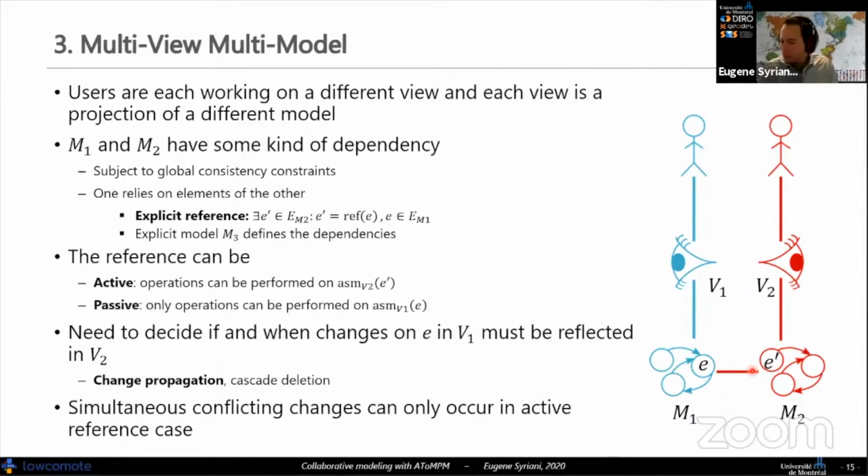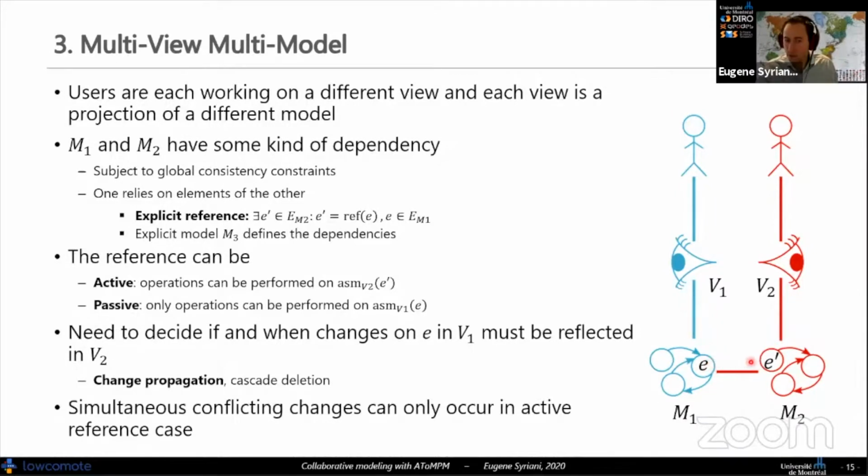And about the conflicting changes, this can only happen in the active reference scenario. So if user one makes a modification in his view on E, let's say it changes the value from 0 to 1, and user 2, in the second view of the other model that has a reference to that element, changes the value to 0, then we have a conflict, right?